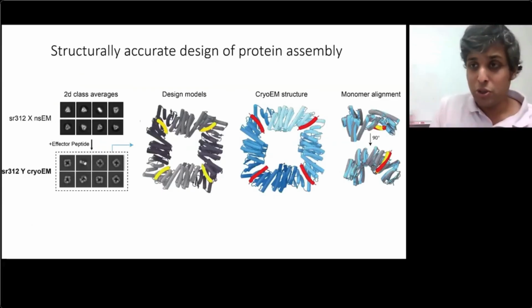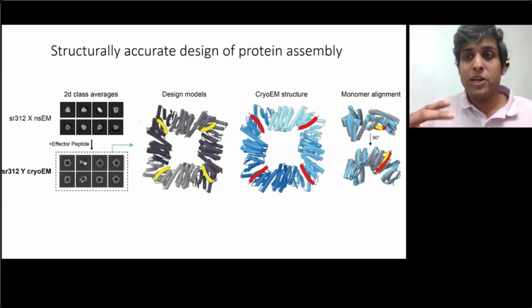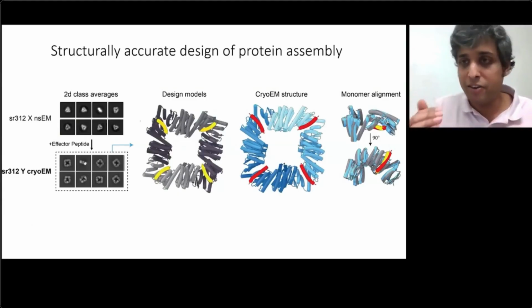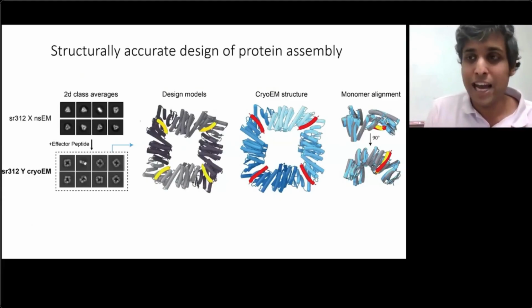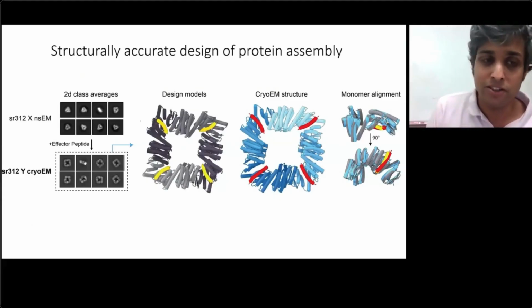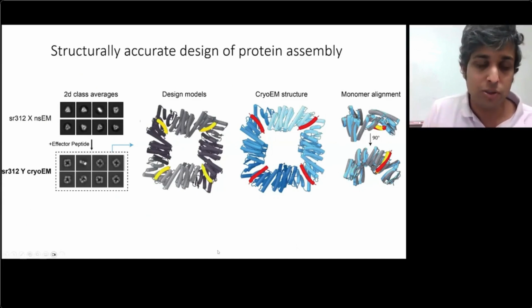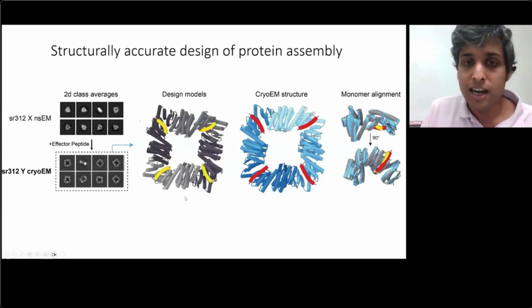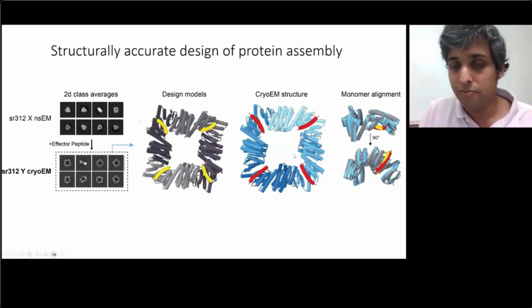So we also showed that these assemblies are accurate within a few angstrom of their design model. So we saw these structures with cryo-EM. This is one of the designs that went from being a trimer to being a tetramer. And if you compare the design model to the validated cryo-EM structure, they're almost perfectly